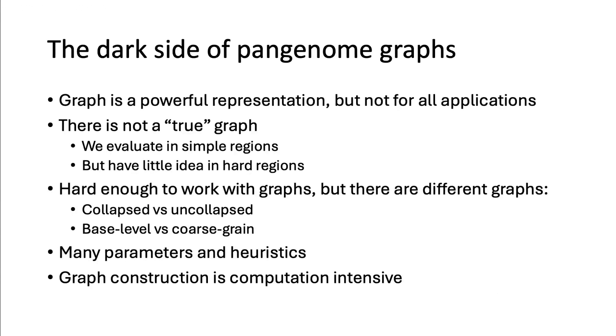And also, as I said, the pangenome graph is the mainstream approach to model the pangenome, but it actually has some problems. The main problem is that there's no true graph. We don't know whether the graph is correct or not. This worries us a lot, because there's no truth. We just build something beautiful, and we think that this works, but it's not really like that. And if you go deeper into the details, there's also the collapsed or uncollapsed graph. I'm not going to go into that. And the base level graph has all the details, and also many parameters and heuristics, and